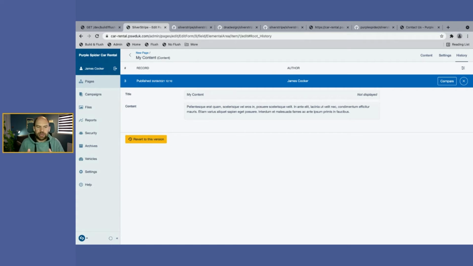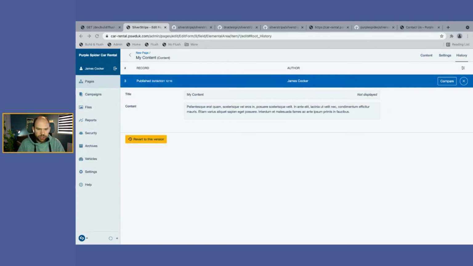Again, just being able to revert a specific part of a page back to a specific point in time is something that this module provides without any more complexities going on before you get into your own blocks. So